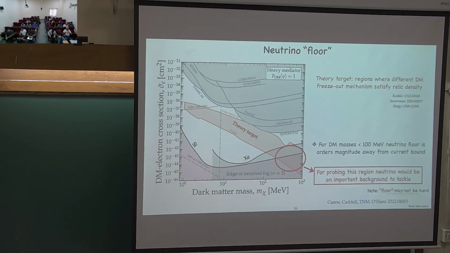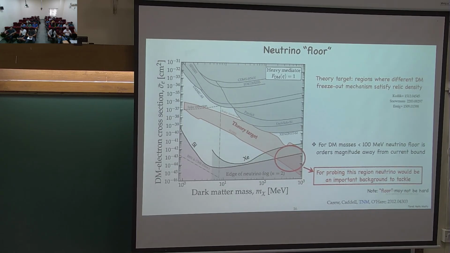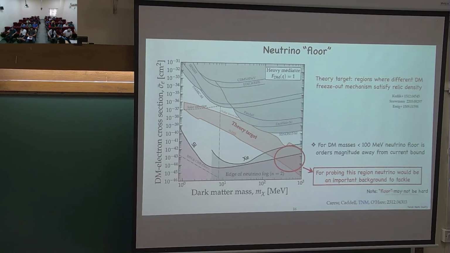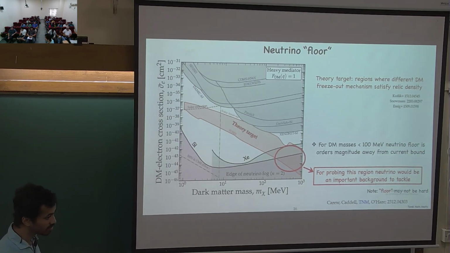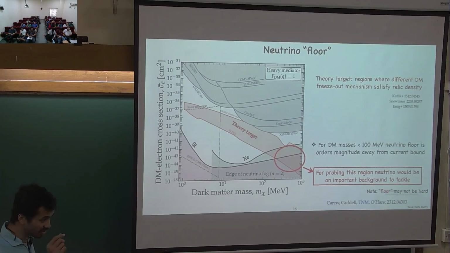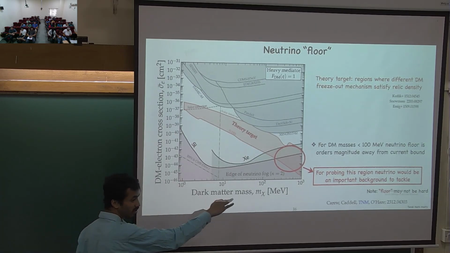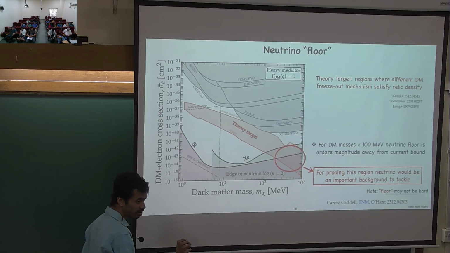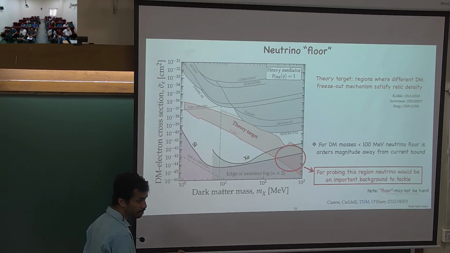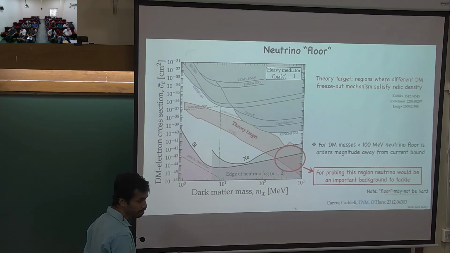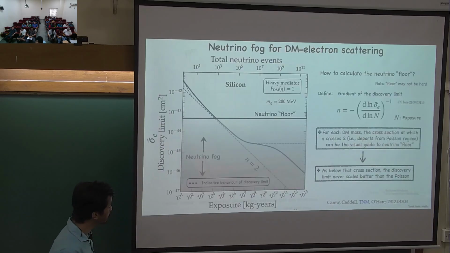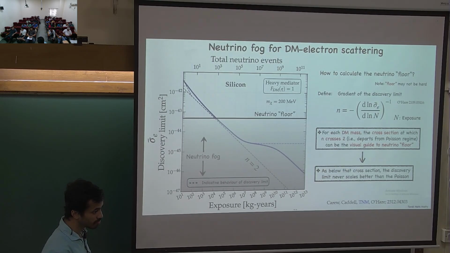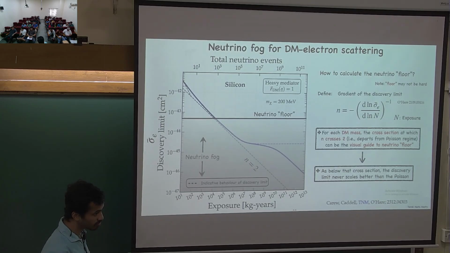Impractical, in some sense. When you ever reach those stages, something like Hyper-Kamiokande will already be running, and you should probably improve at least the boron-8 flux, or reduce the uncertainty of the flux. Probably you could go down once you reduce the uncertainty. Because when you go in this regime, you are assuming the dark matter experiment itself is measuring the flux. When you are in that regime where it starts to fall again, you are assuming that it's the dark matter experiment which is informing you about the solar neutrino flux uncertainty.